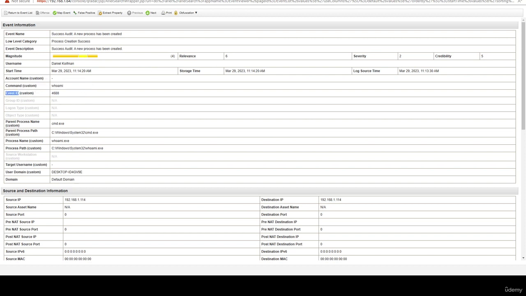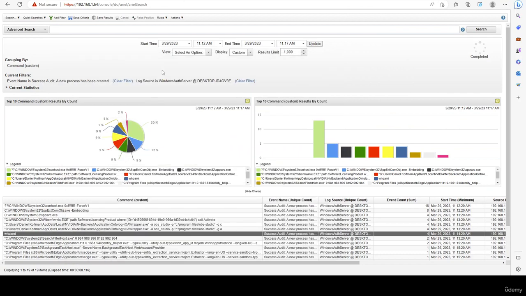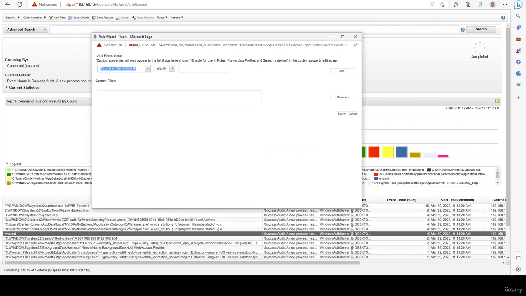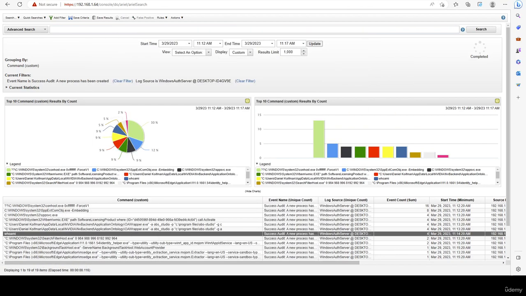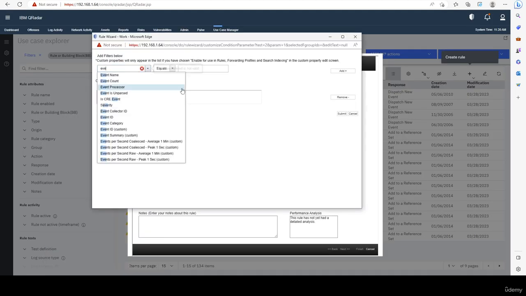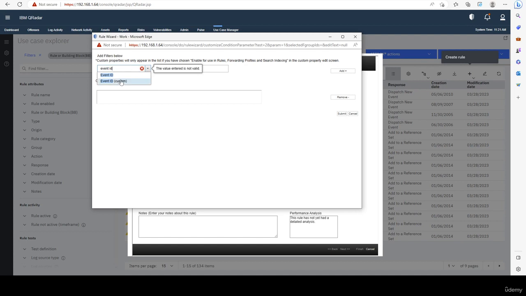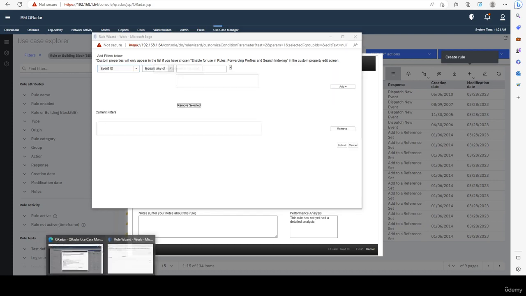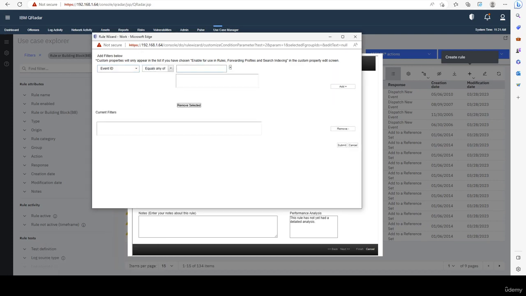So I'm going to go ahead and choose event ID, right? And we need to make sure it's custom, although it doesn't matter because if we go back to